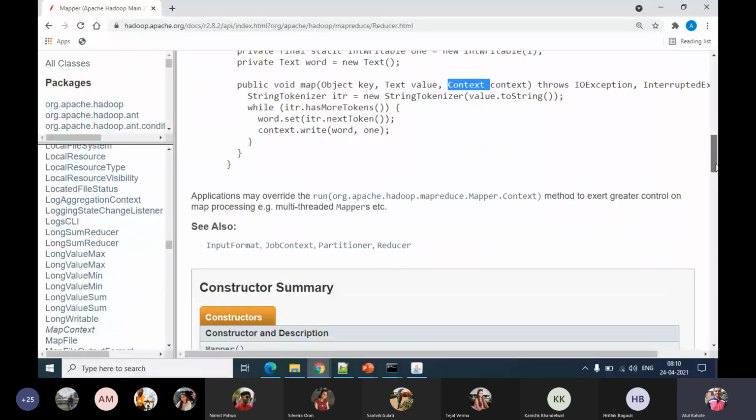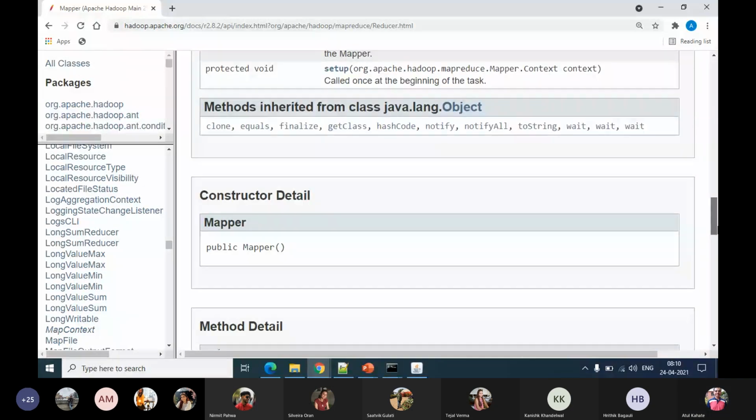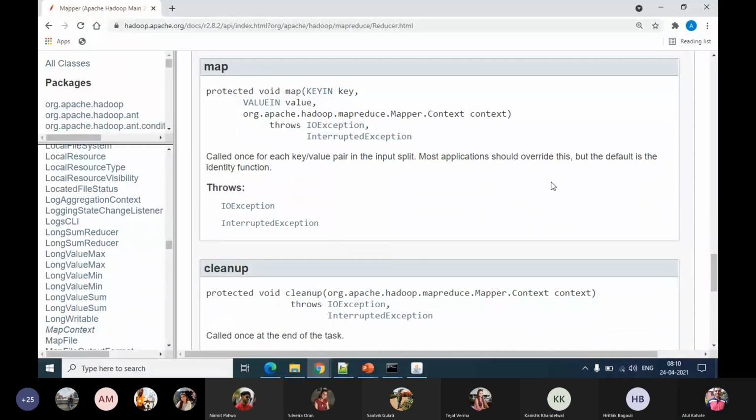We'll also take a look at this map method here. This map method, which we use in our code, has a key input, value input. It is called once for each key value pair in the input split.